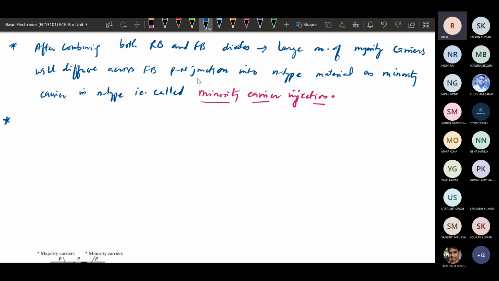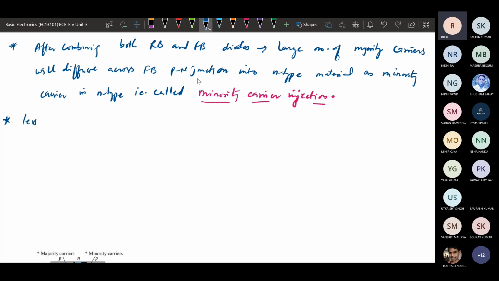The next step is that the base region is very thin. In the base region, charge carriers have been injected by the minority carrier injection process. Very few of the injected charge carriers will combine with the available electrons in the N region. The N region is very thin and lightly doped, so very few holes that have come from the P-type region will recombine there.